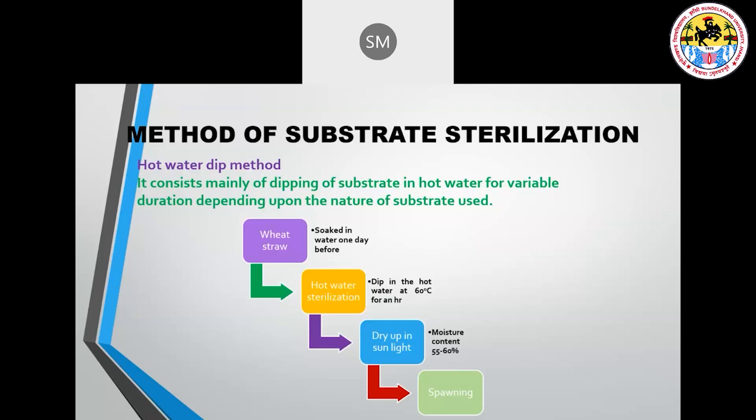If the substrate is harder, then we have to increase the time for this soaking in hot water, means 1.5 hours or sometimes 2 hours. If substrates are very soft, like straw, 30 minutes are enough. If substrates are moderately hard, like wheat straw, say 1 hour is enough. 60 degrees Celsius. This is very important to note: not more than 60 degrees Celsius temperature should be kept